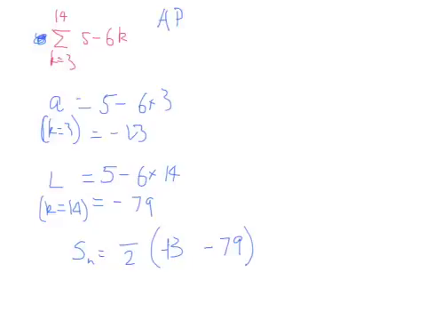Now, how many terms are there here? Remember, the trick last week was if you just go 14 minus 3 is 11, you're actually missing a term. Count them up: 3, 4, 5, 6, 7, 8, 9, 10, 11, 12, 13, 14. Well, there's 12 of them. So you can subtract the two numbers, 14 minus 3, and then add 1, or however is helpful for you. So our sum there is just 6